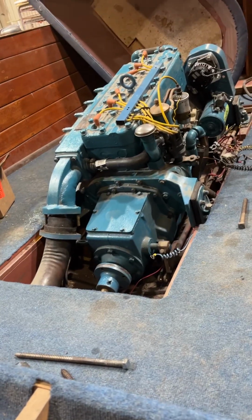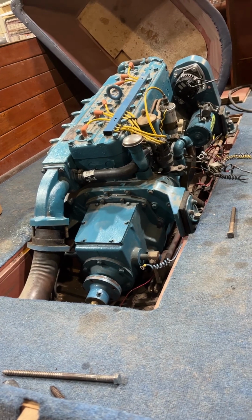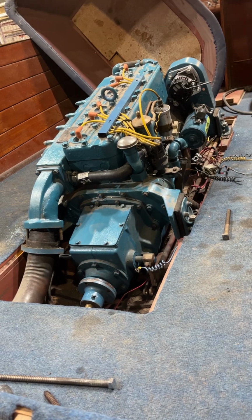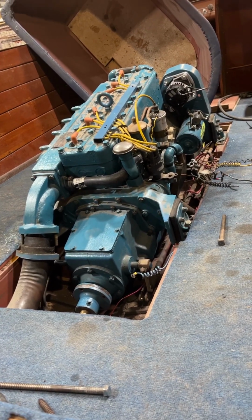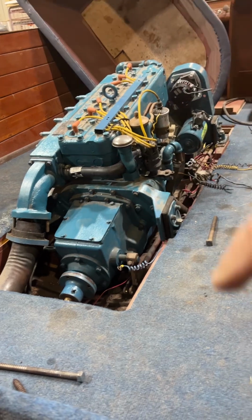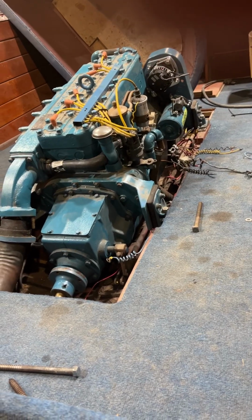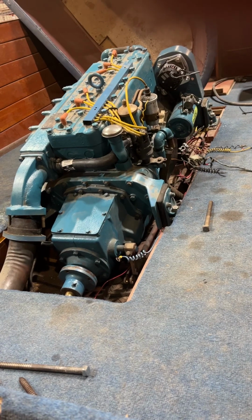So we want to have those surfaces as close to parallel as absolutely possible. And so we've done that as well. We've got that all lined up. That will give you the maximum life on the coupling, the prop shaft, and your output bearing right here on your transmission as well. Without properly aligning that, which is a several hour process,